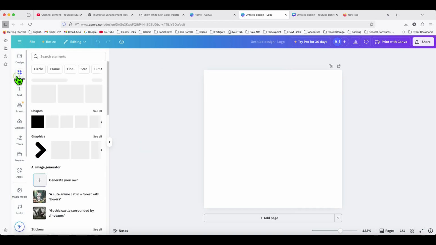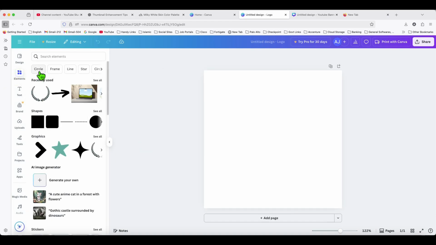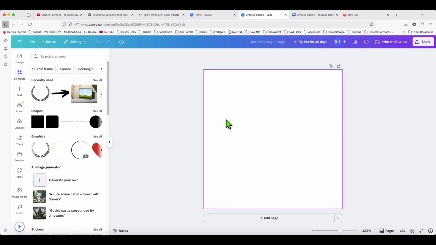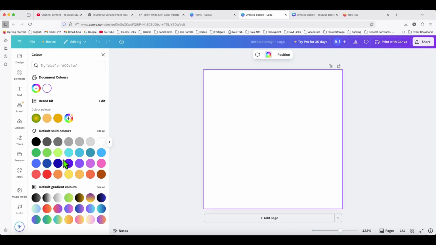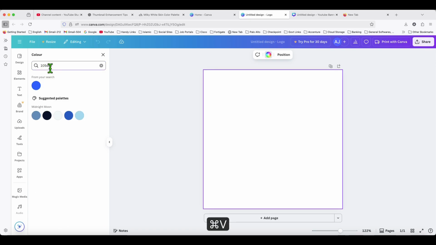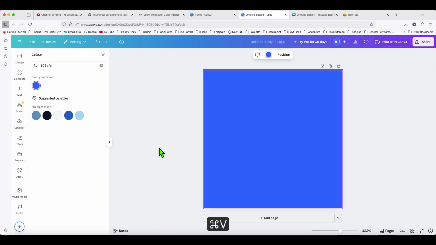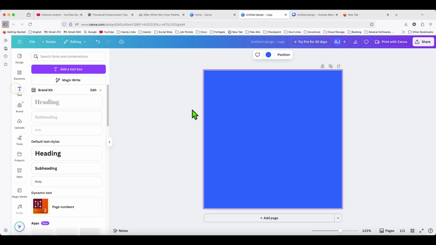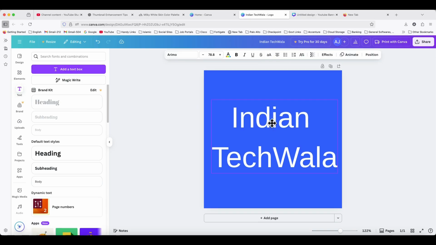You can choose whatever you want: circle, frames, lines, star, many things you can apply, and you can design as per your requirement. For demonstration I will just create a simple logo, so later as per your requirement you can make it. Okay, I will fill the color. You can choose any color. For demonstration I'm choosing this blue color, and I'm taking the text,